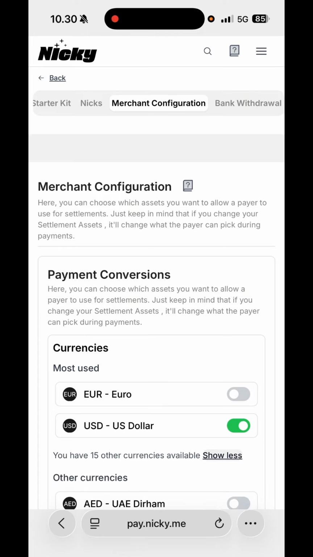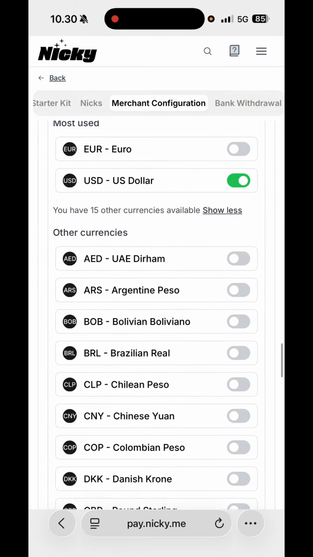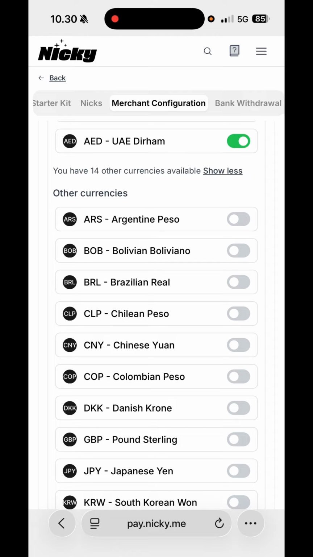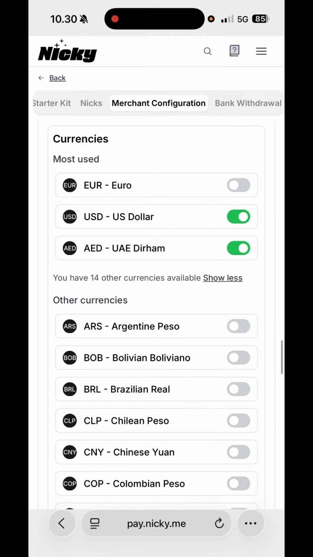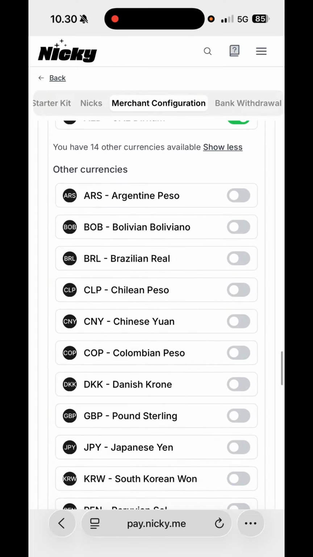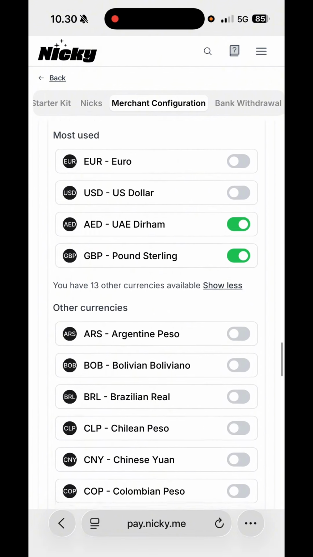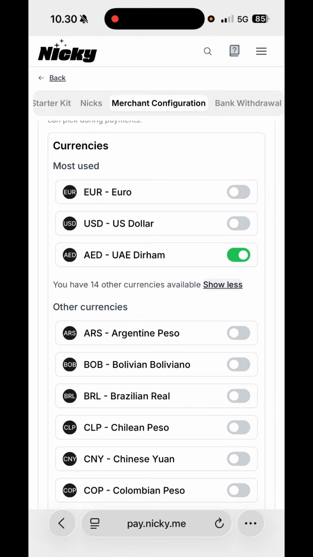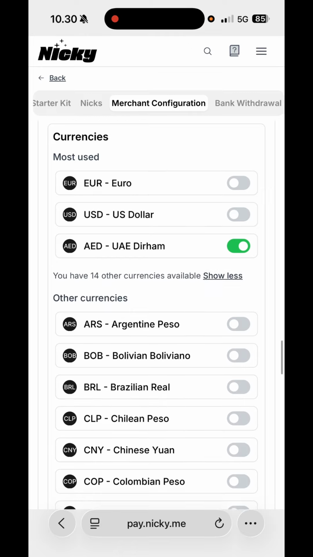What we have added now is a number of other different local currencies, and this means that if you invoice and live an invoice in AED in Dubai, you can now select that. Or maybe you are in the UK and invoice in pounds. It's possible to select this. This gives a lot of flexibility to our users to use Nikki locally in whatever area of the world that they are living in.